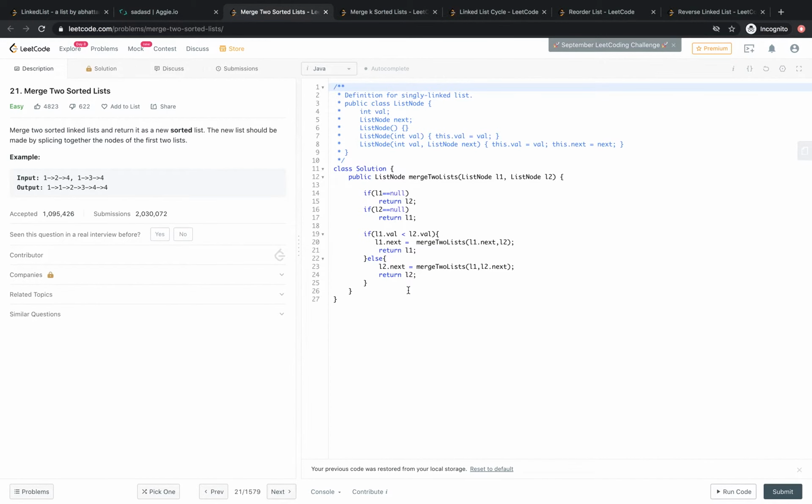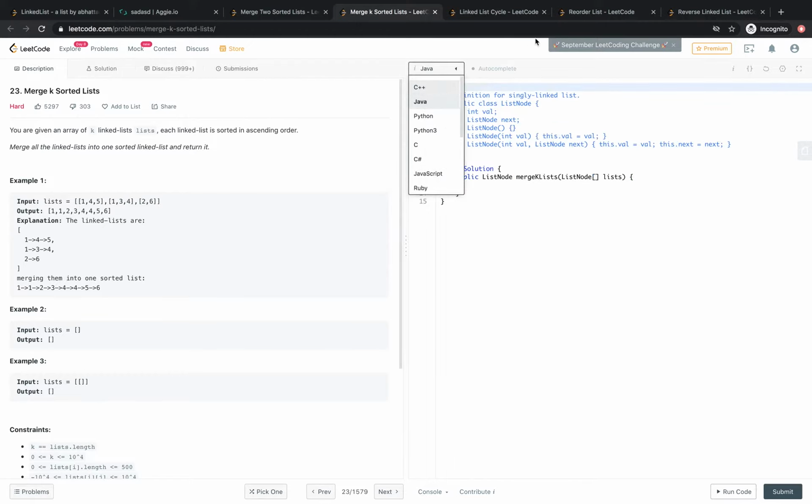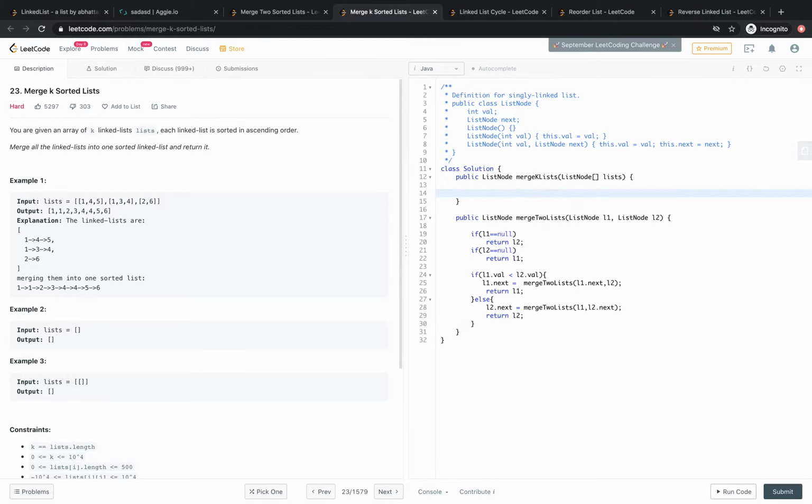So whenever there are two lists, we can of course merge them with merge two lists, right? Okay, now this will give us a merged list. So what we can do is,